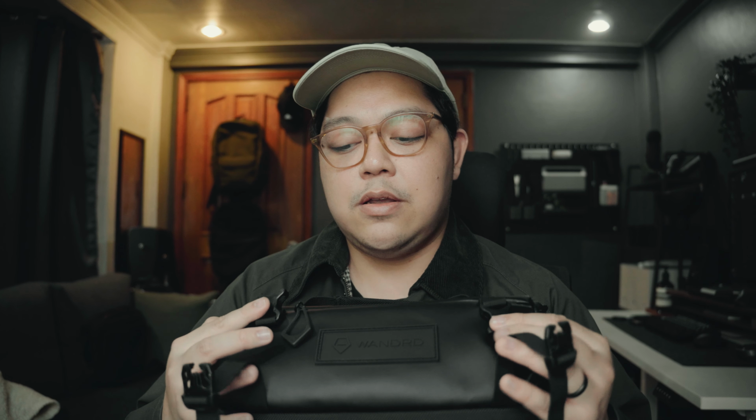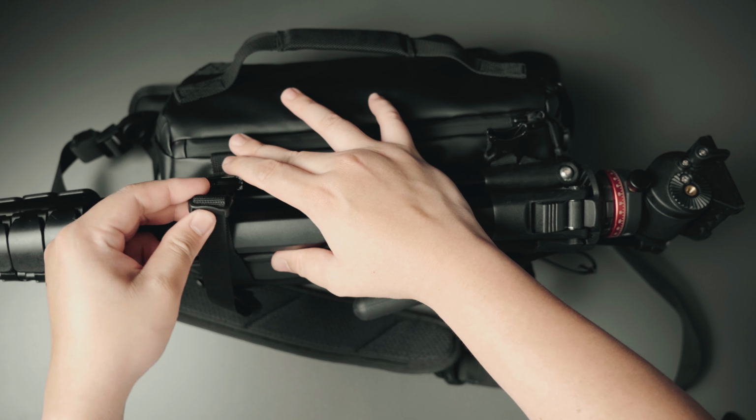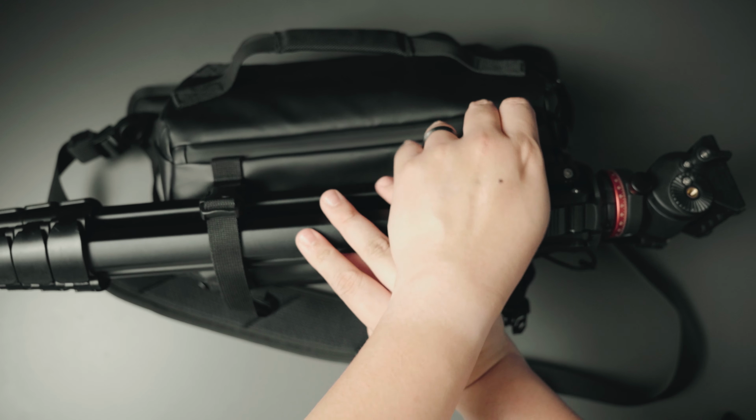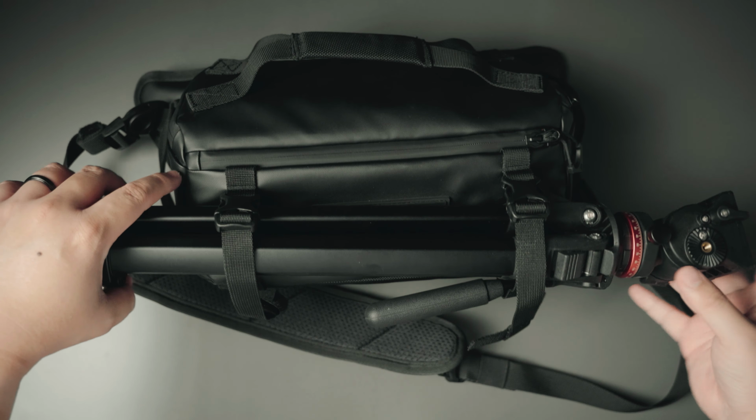And you see this part over here, you can actually put a tripod in it. So I have here the Ulanzi video tripod that I bring with me whenever I travel, and I also use it on a daily basis to shoot videos, but I also want to bring it with me. So all I have to do is just put it here in front and put the tripod like this,